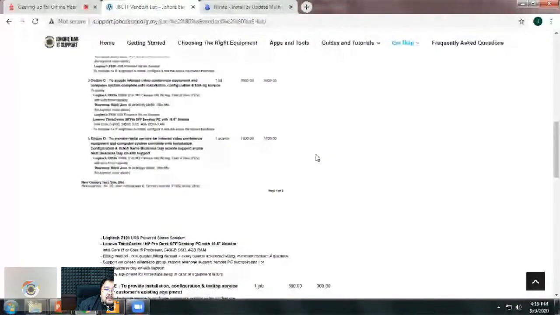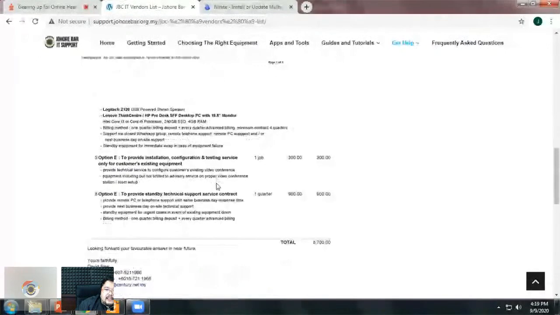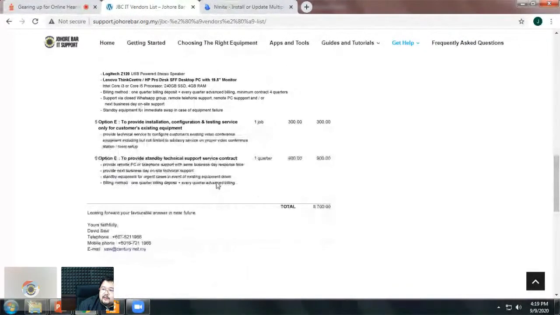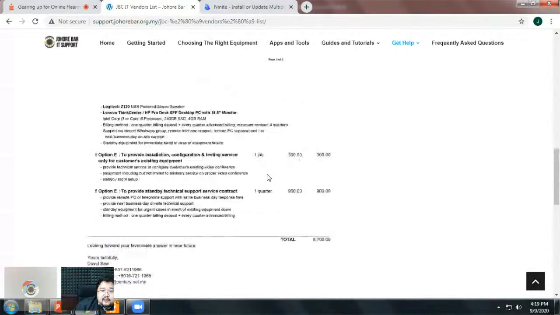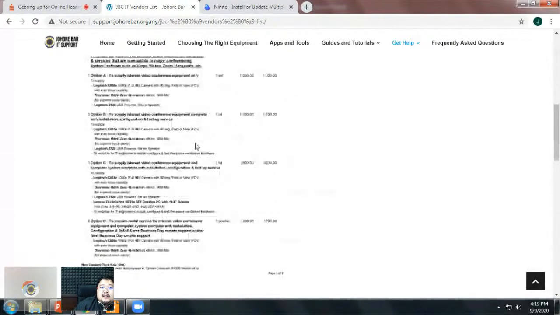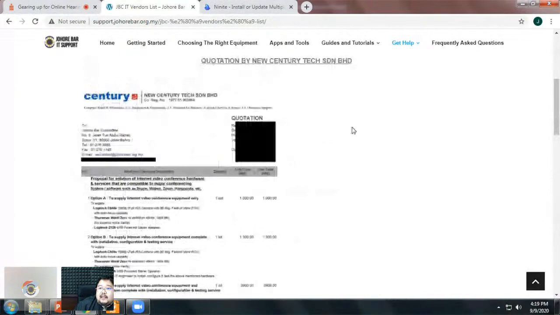These vendors, we have asked them to quote how much it would be for them to deliver a computer and provide the support for technical issues. They have rental packages, so there will never be an issue for you. All you need to do is call them and they'll come and fix the computer, the camera, whatever. This is in respect of equipment as well, so have a look at that.